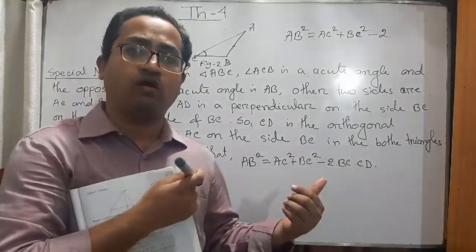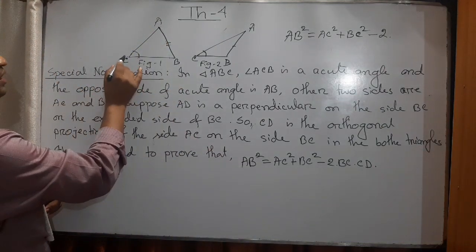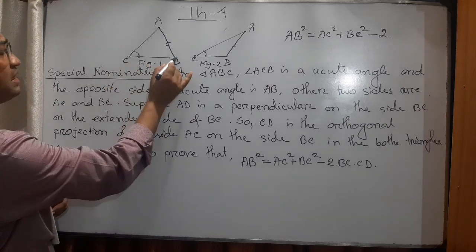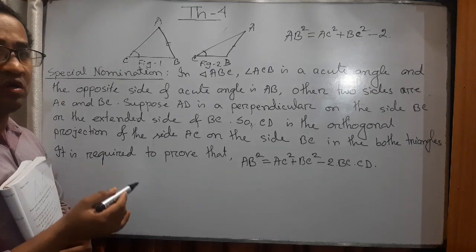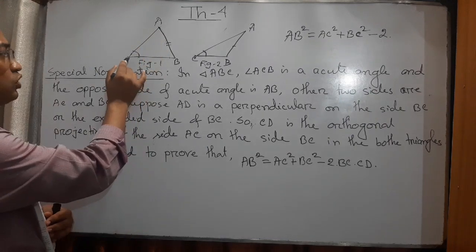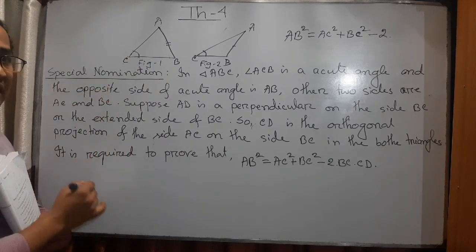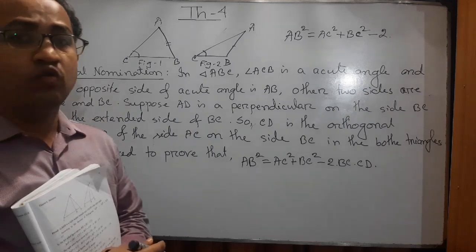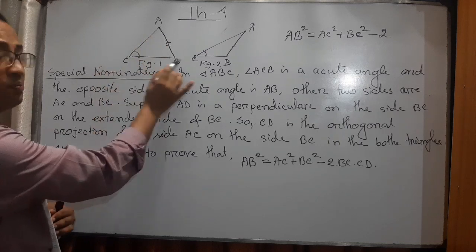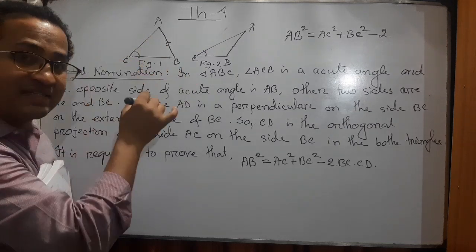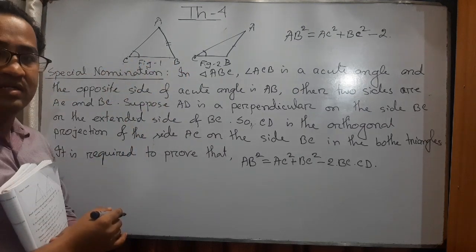I have already discussed this in the previous theorem. Now look, if you think BC is the length, then for the other side AC we will determine the orthogonal projection. We will find the orthogonal projection of AC on BC. Already C coincides with the line BC.